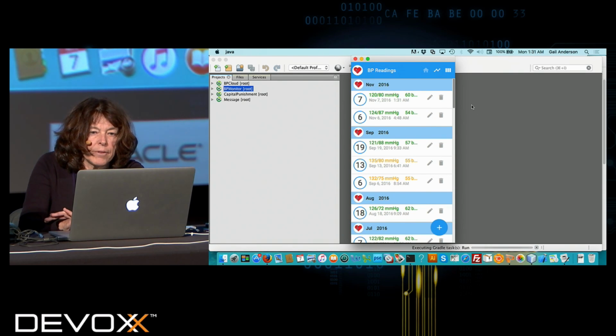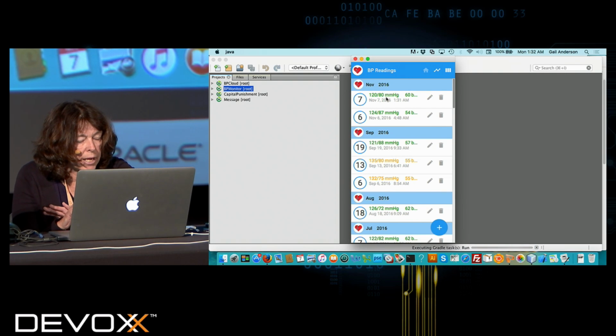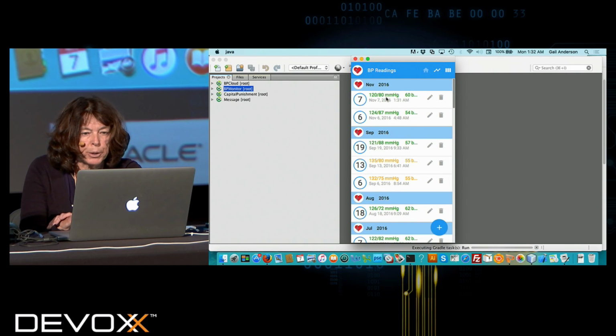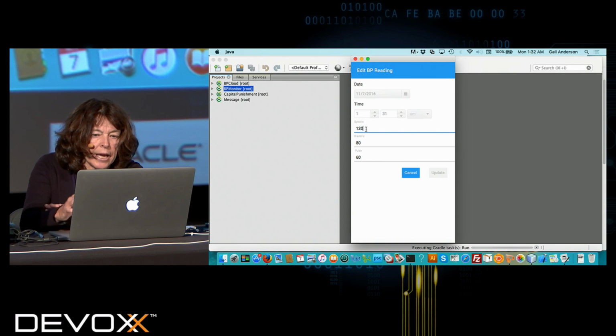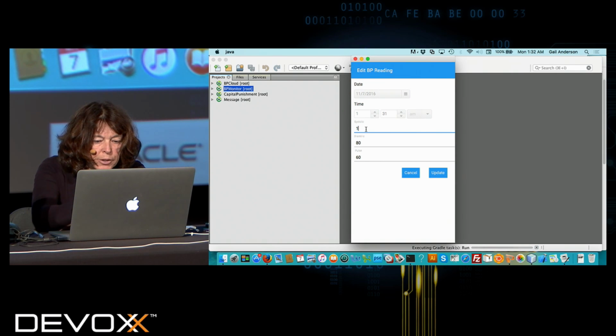And you see that the headers group the readings, so everything in the same month and year is grouped together, and the day of the month is large, so it's easy to see, and the readings itself are displayed in the cell. And this is actually all one cell, but, as we'll show you, they're highly configurable. And one of the things that we can do is either edit or remove, so we're just going to go ahead and edit this,